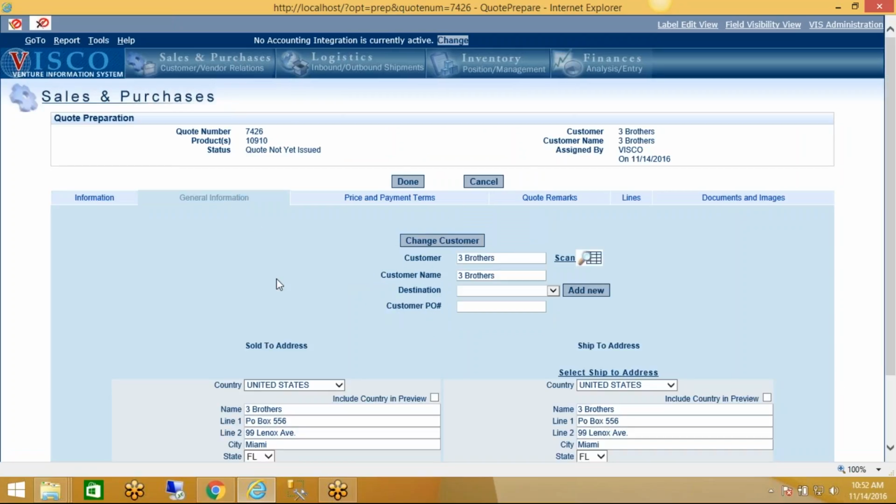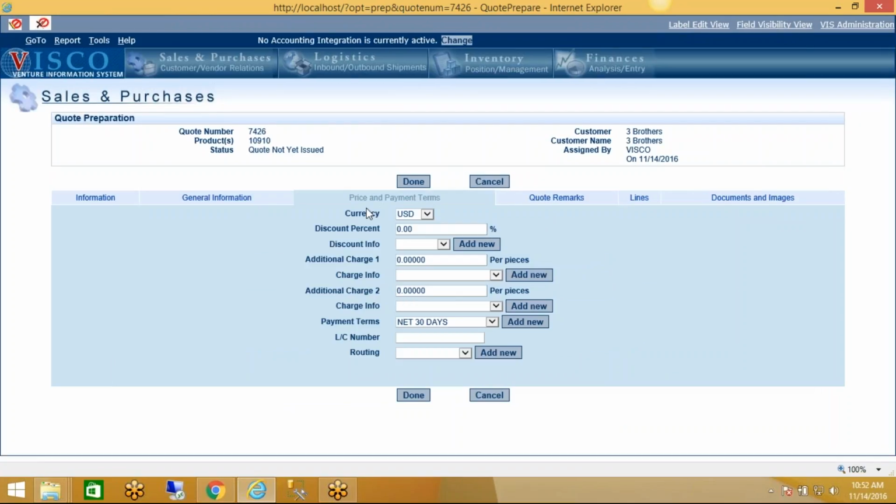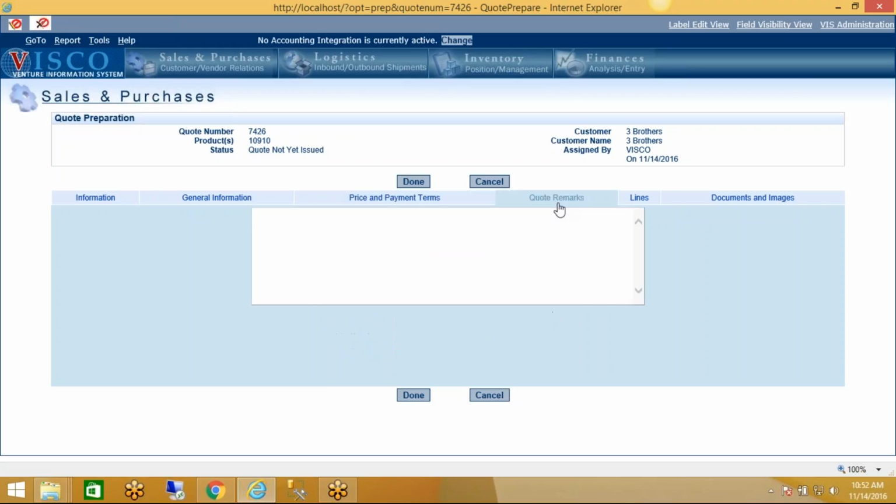But you could change address information, whether it's sold to or shipped to address. Probably the thing you do more often is come in here and either apply a discount or add additional charges. Of course, the payment terms, that again fills in by the payment terms you've set up at the customer level, but if the terms are going to be different on this particular quote, you could change them here if you wanted to. You could add some text or comments that you want to appear on the actual quote document itself,